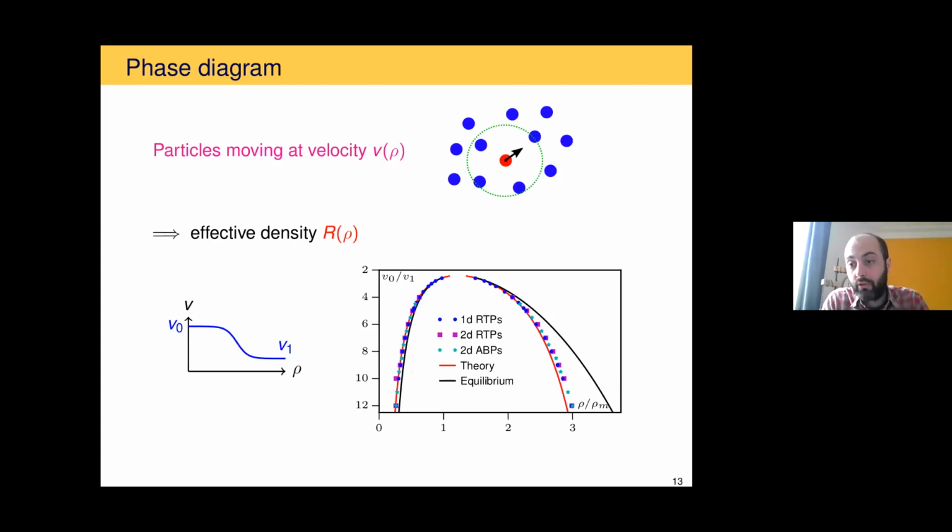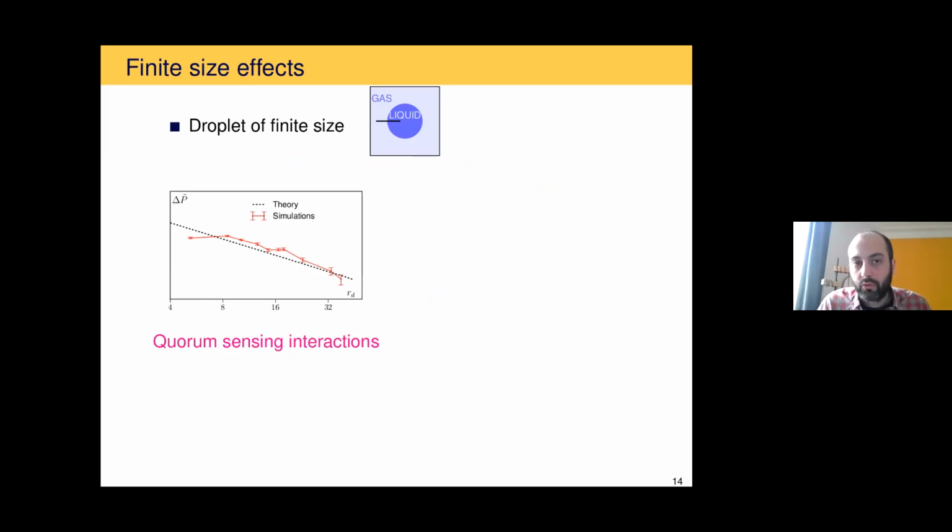So it's rather nice. We have a non-equilibrium many-body model, on which we can predict analytically the phase diagram and to a good precision. But is it the end of the story, in the sense that is it also a good description of what happens in the original model, the one with steric repulsion, which is the model that most people are interested in? Actually, the big difference comes in when you look at finite size effects. So you now consider a droplet of a finite size,